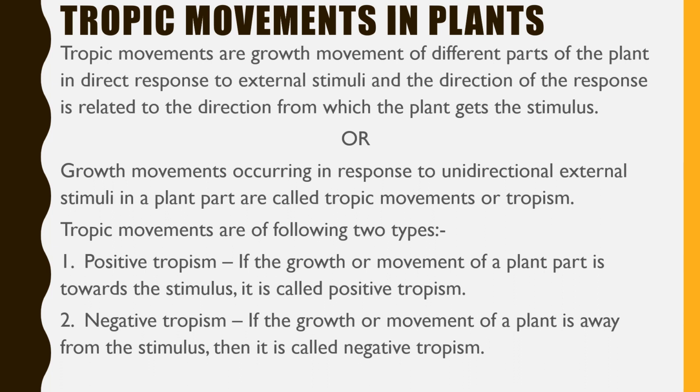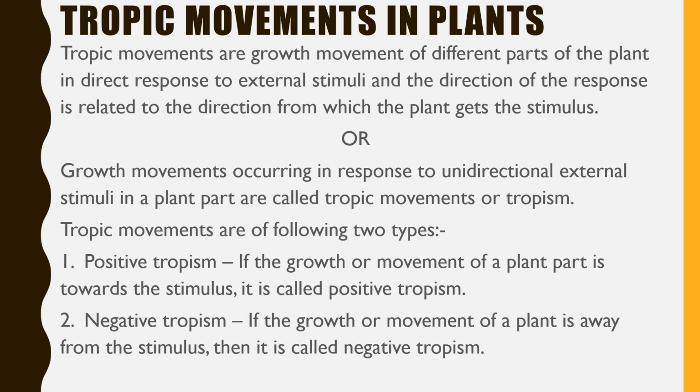The movements of these parts of the plant take place in direct response to stimuli. The direction of the response is related to the direction from which the stimulus comes. Such a response is called tropism. The tropic movements in plants: we can define tropic movements as growth movements of different parts of the plant in direct response to external stimuli, and the direction of the response is related to the direction from which the plant gets the stimulus,